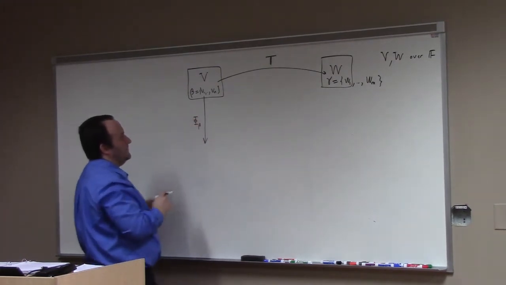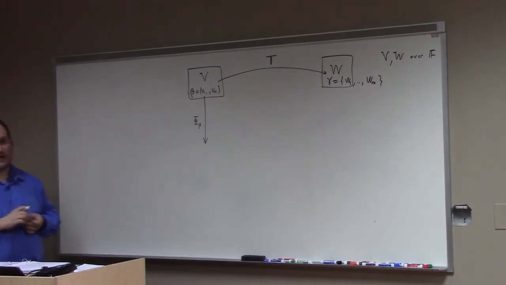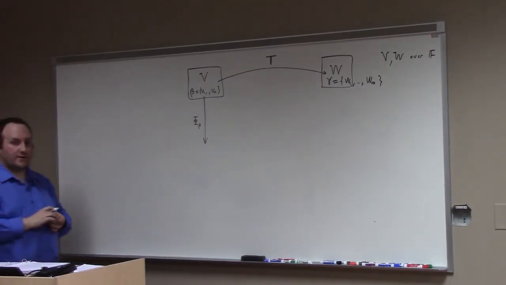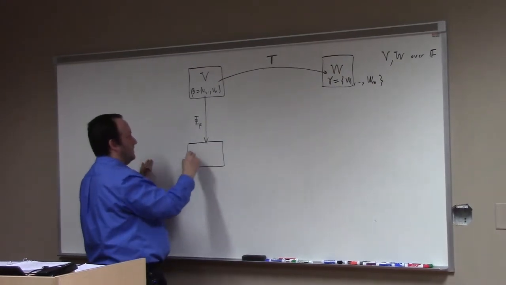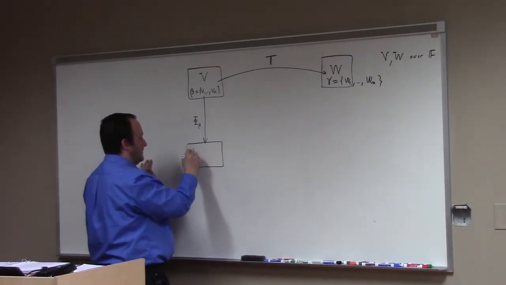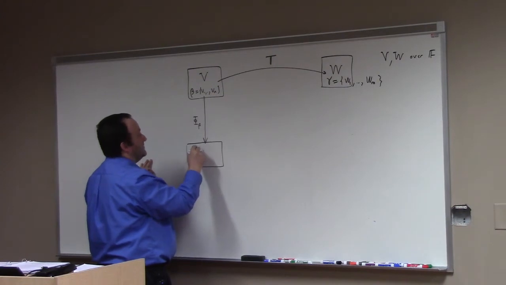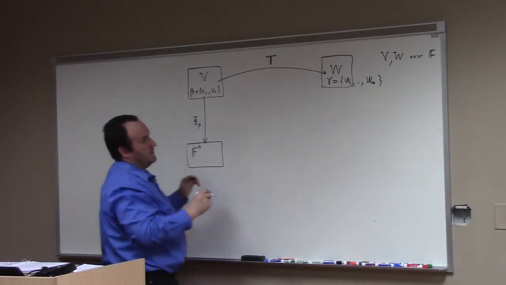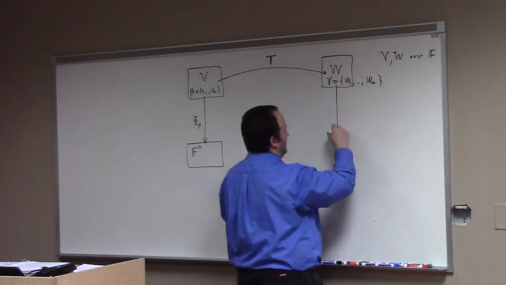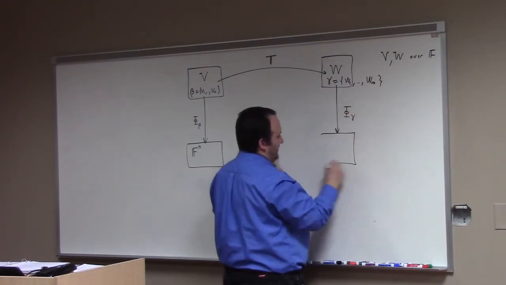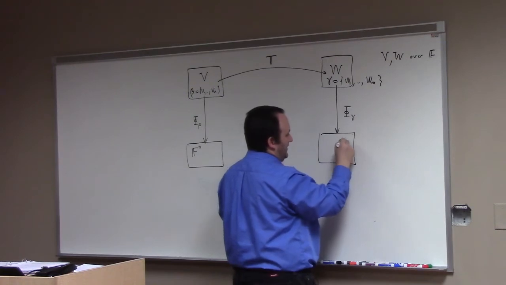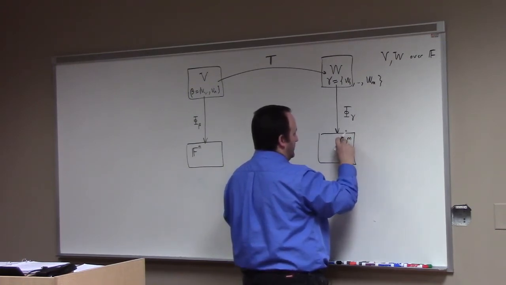The coordinate map phi beta trades abstract vectors in V for column vectors in what? F^n, right? And likewise, I have a coordinate map over here, phi gamma, and that outputs m-dimensional coordinate vectors